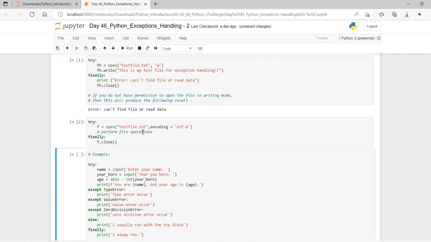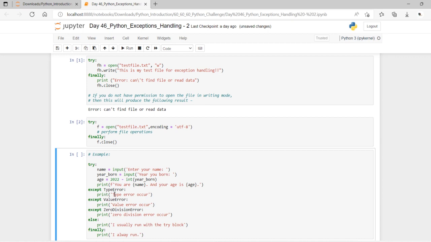Okay, dear friends, actually in the previous session we saw a code that provided a type error, and now let's add something additional to that. Yesterday we saw this. You may remember this. So see here, you are going to enter the name and the year you were born.